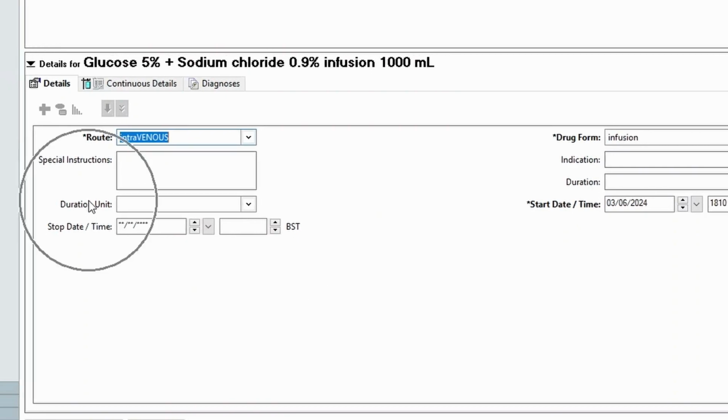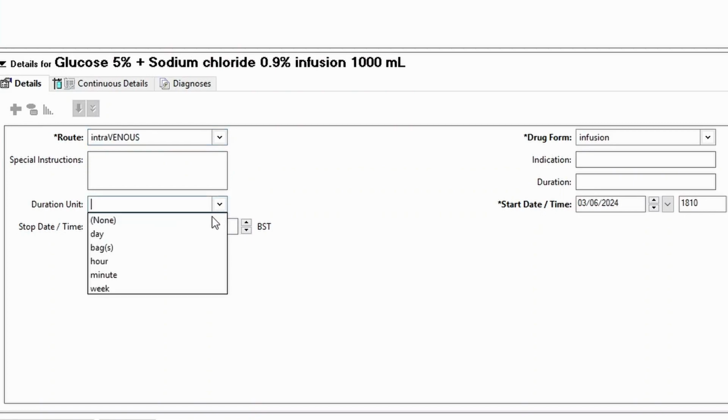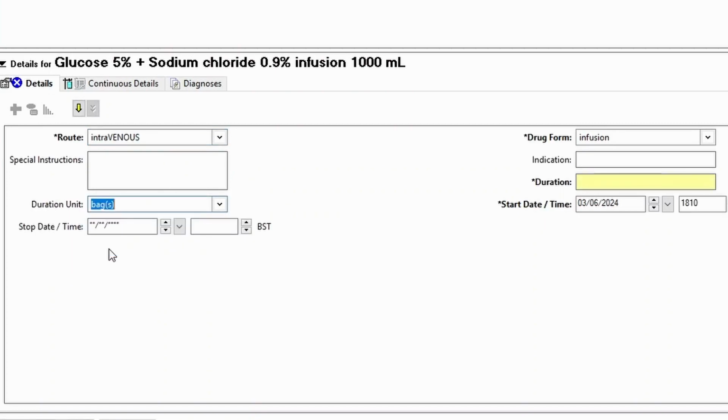You can see that we have 2 fields, duration unit and duration, which we need to complete. And while these are not mandatory at the moment, we will be making changes to mandate duration and duration unit in the future. Using the drop-down for duration unit, select bags, as bags are how we prescribe fluids at UHCW. You can see that after specifying our duration unit, the duration field has now become mandatory because it's yellow. Enter the number of bags that you wish to prescribe. So I'm going to put in 1 and I select enter,